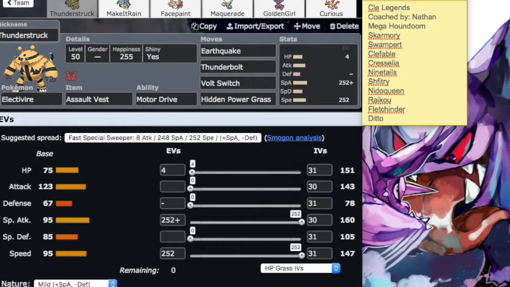So this Electivire will eat any hit from Raikou. It will hit it hard with Earthquake. I don't think he's going to be staying in with Raikou. If it is a Calm Mind set that he has, this can take care of that. It can take care of Volt Switching. It can take care of really anything. It shuts down Raikou. This also takes 1 hit from